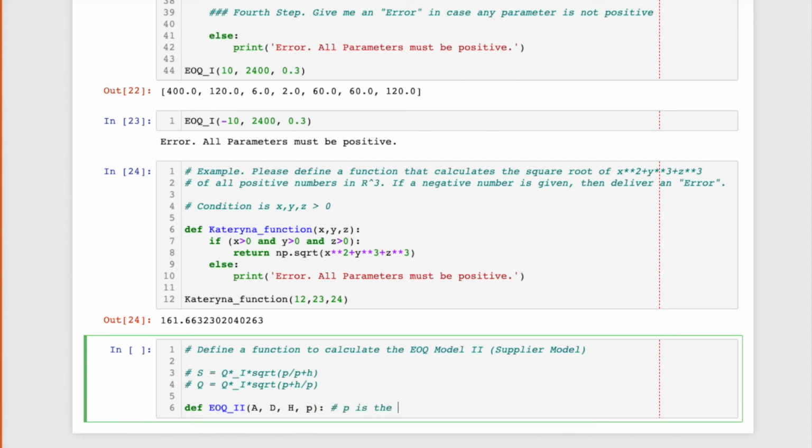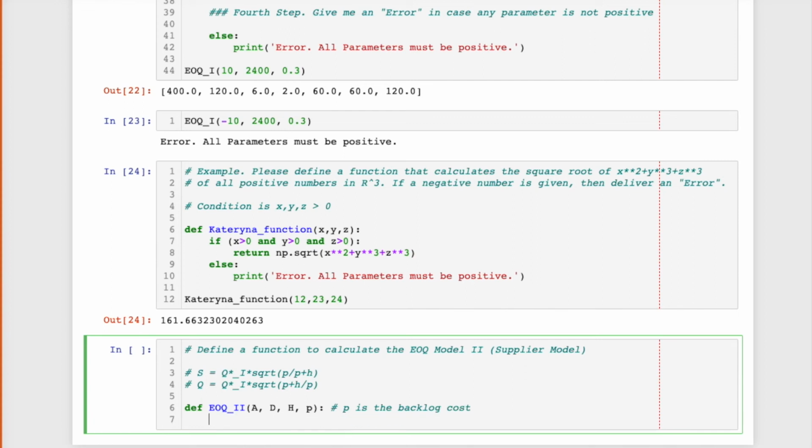P is the backlog cost, okay? So we use the same logic. If A is bigger than 0 and D is bigger than 0 and H is bigger than 0 and P is bigger than 0, then